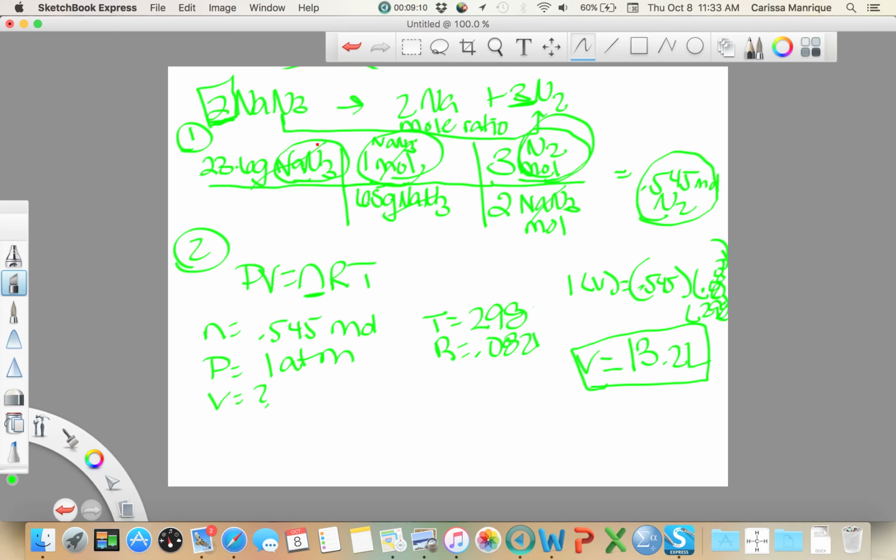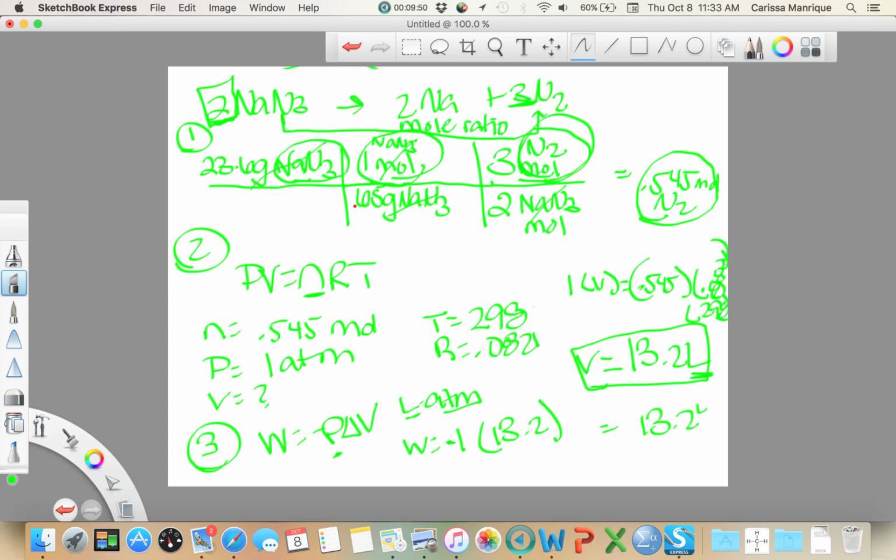Okay, and that's just doing some algebra, plugging those numbers in. Now our last one, it says, now we need to find the actual work. Now remember, work equals negative P delta V, okay? And this will end up coming out in liter atmospheres, because our pressure is in atmospheres and our volume is in liters. But it wants it in joules, so we'll look at that in a minute. Our pressure was given to us as 1, the negative right there, and our change in volume is what we just got, 13.2. So when we do this, we get